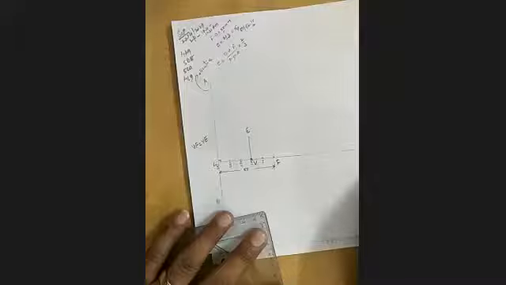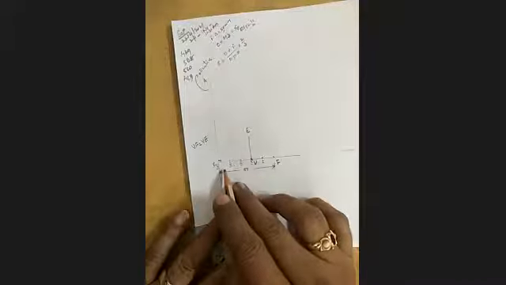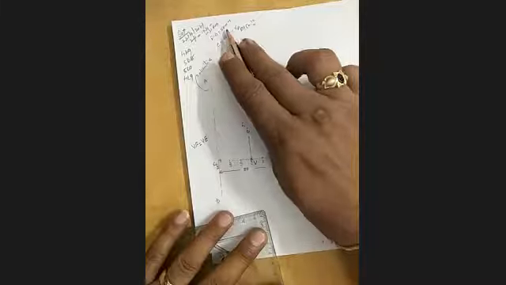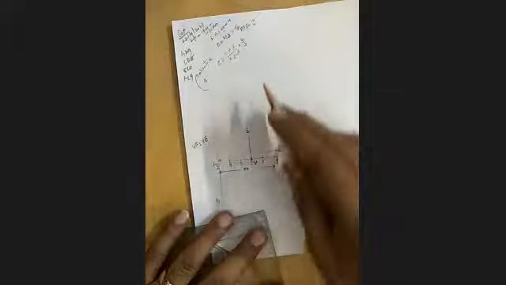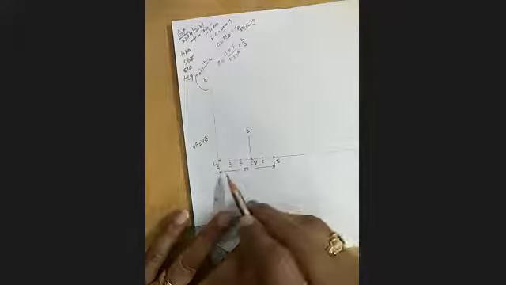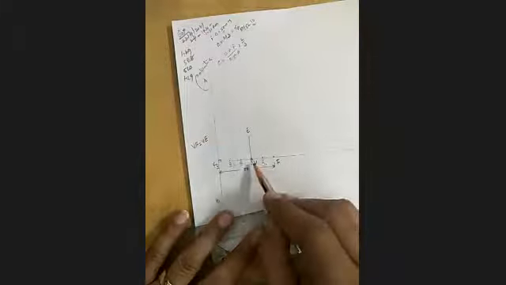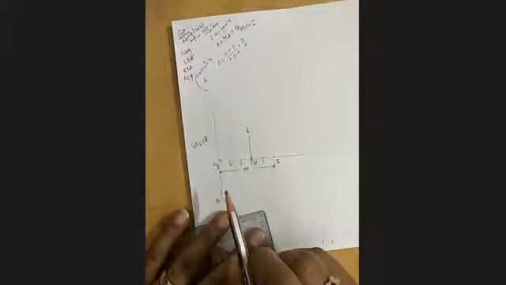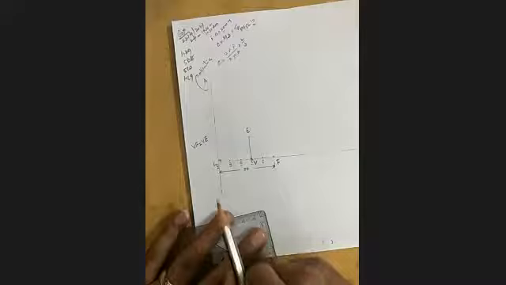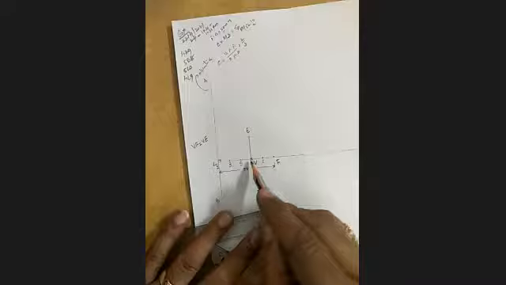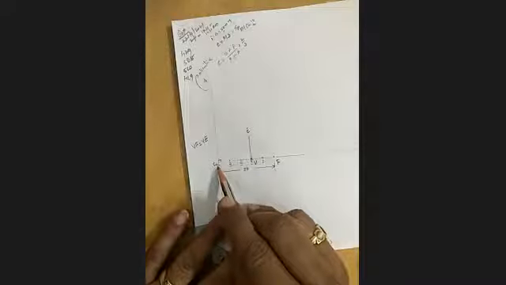Means first, draw the vertical line, draw the perpendicular line. The relation between these two is 90°. Then define the focus, already given, with focus and directrix 50. I took 50. Then go for the eccentricity value. How much? 5 units. Divide that 50 by 5 units. So we got it. Then we define the position of the vertex, because the eccentricity value always defines the position of the vertex. So the vertex is 2 units from the focus, 3 units from the directrix. So we took it as per that requirement.